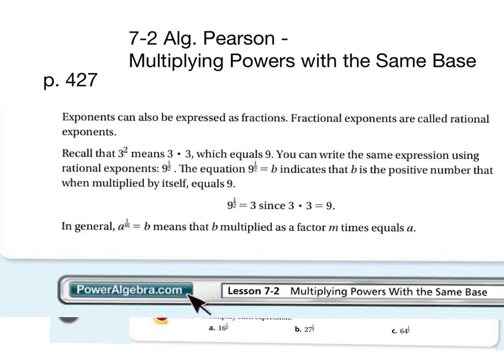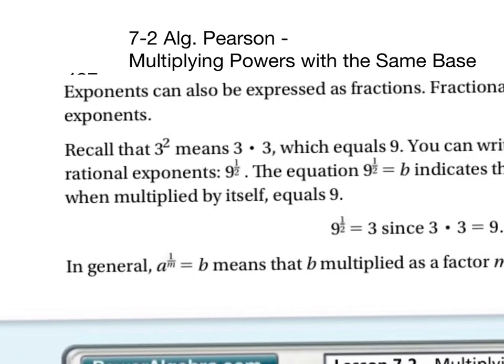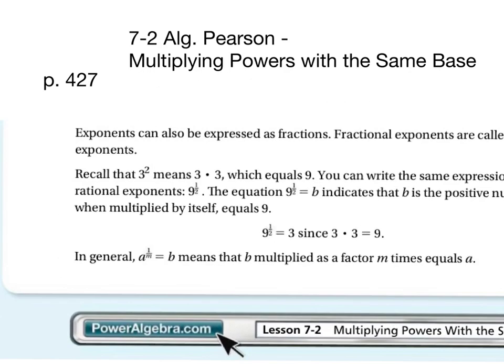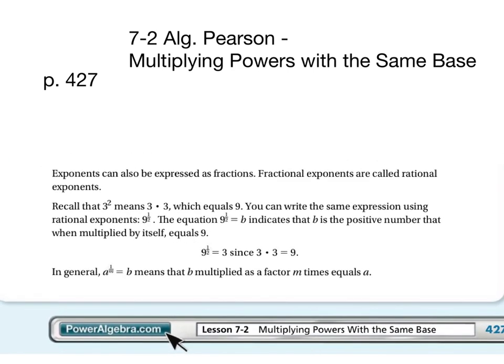exponents. So we've talked about before, 3 squared means 3 times 3. We can also have fractions. So 9 to the 1/2 power we could have. If you think about it, if you had 9 to the 1/2 power times 9 to the 1/2 power,